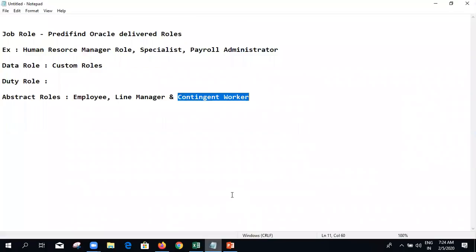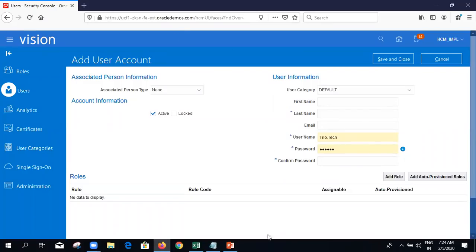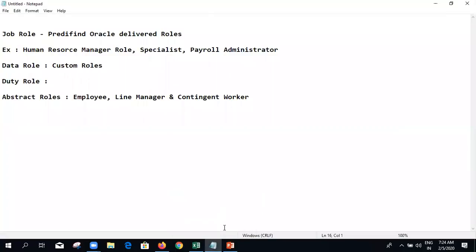Now, as a consultant implementer, once I share this instance with you to start practicing the application, we have to assign some set of roles to your user accounts. So typically there are two categories. One is administrative roles, and the second is end user roles. If you want to configure the system, as a consultant we are going to implement all these modules for the client, like Global HR, absence, payroll, talent, everything.